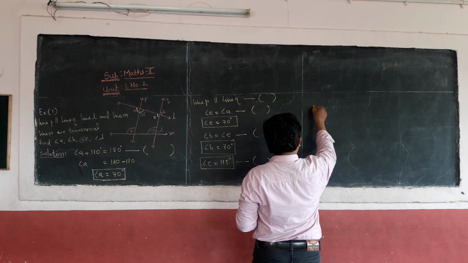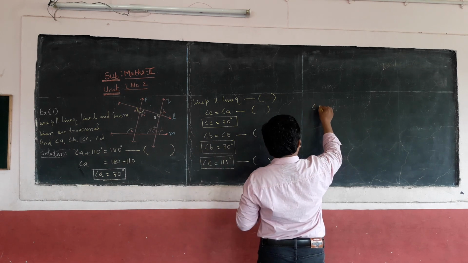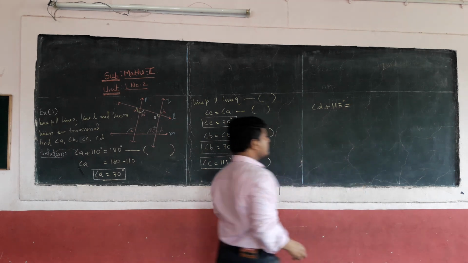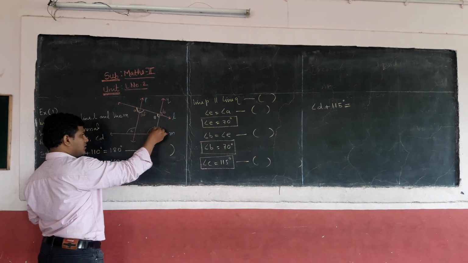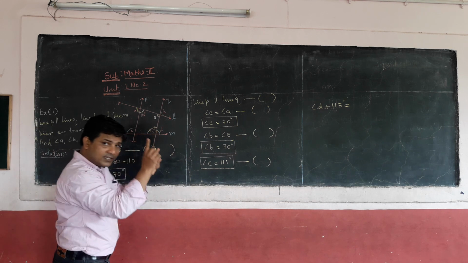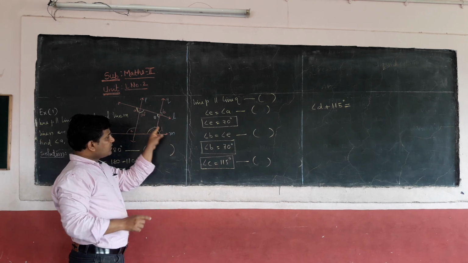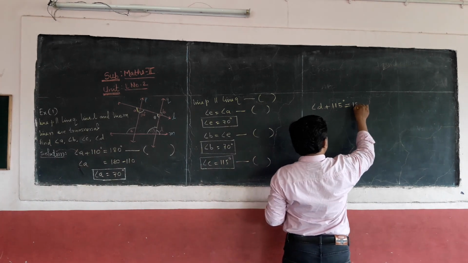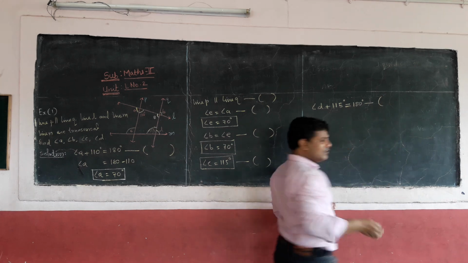Now let's see about D. Angle D plus 115. Addition of these two angles is equals to how much? You can see here. Angle D plus 115. These two angles. इन दोनों एंगल का एडिशन करके देखो. प्रोटेक्टर बनता है. कंपास में का प्रोटेक्टर 180 डिग्री का रहता है. इसलिए यहाँ पर क्या आएगा इन दोनों का एडिशन 180 डिग्री. Angles in linear pair.